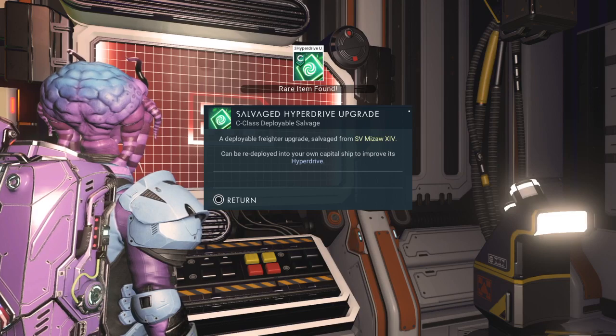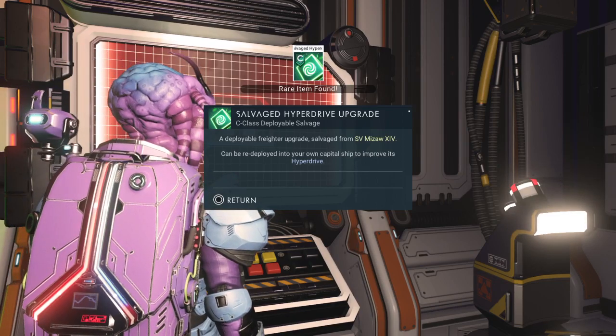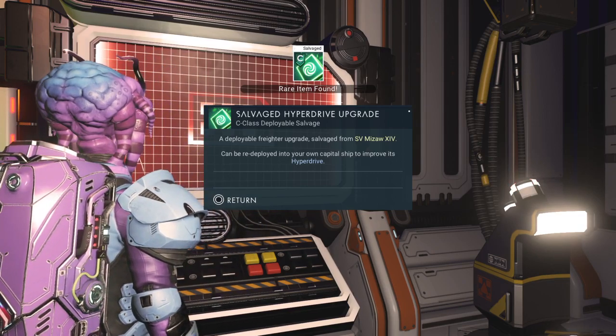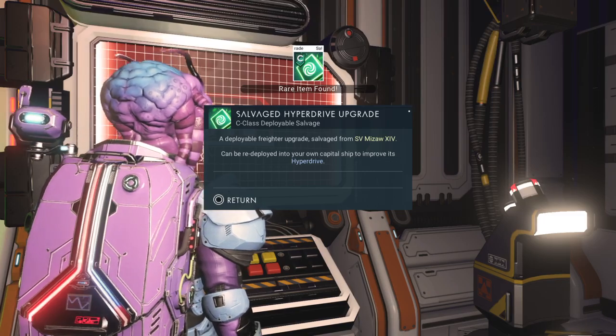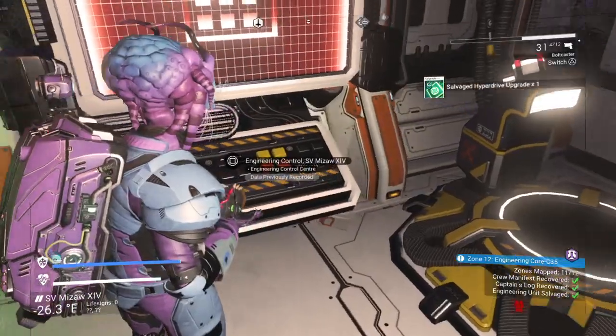Cool. Salvage hyperdrive upgrade. Nice. So now we have procedural upgrades for our freighter. It's not just the ones that you craft and build, it's also ones you can install now. Sweet. So I'm guessing freighters will have even higher maximum...